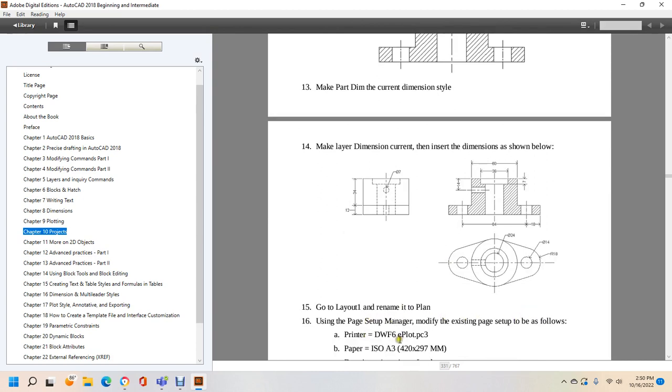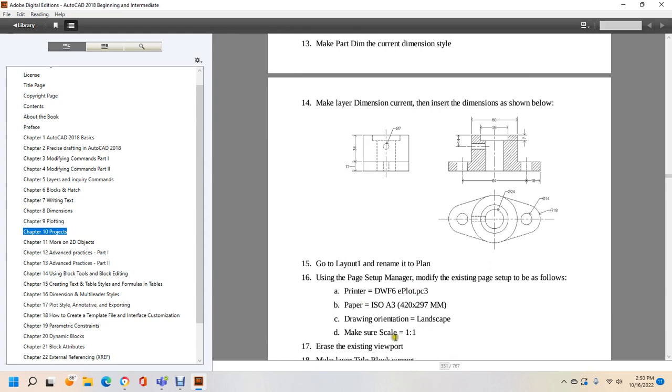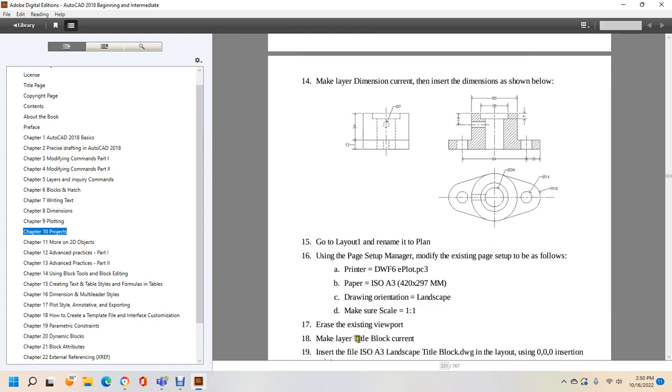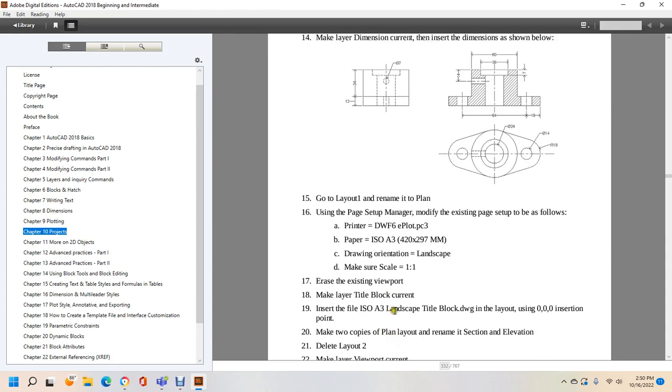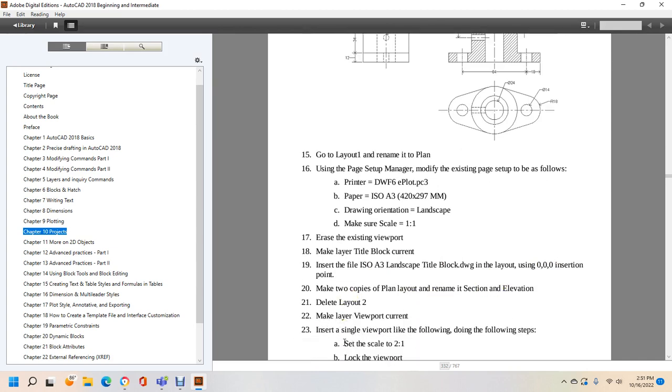The plotter is DWF6 ePlot PC3, paper ISO A3 420 by 296 millimeters, drawing orientation landscape, and make sure the scale is 1:1. Erase the existing viewport, make the layer title block current, and insert the ISO A3 landscape title block drawing in layout using 0,0 as the insertion point. Make two copies of the plan layout and rename them section and elevation. Delete layout 2. Make layer viewport current and insert a single viewport, doing the following